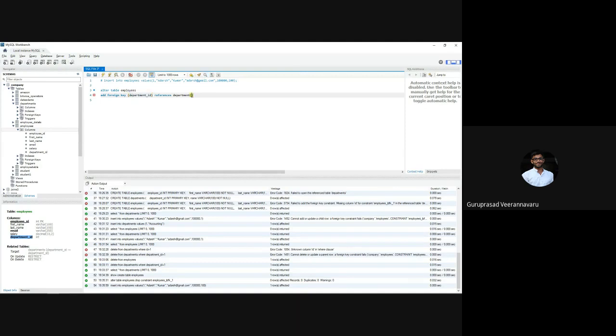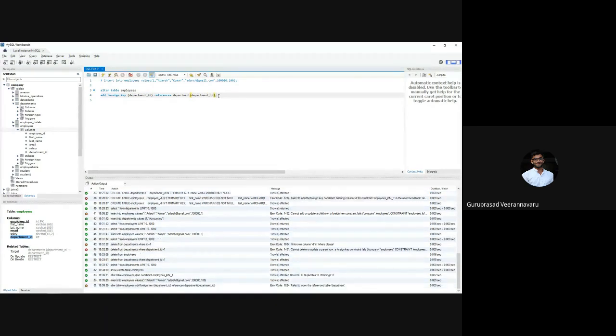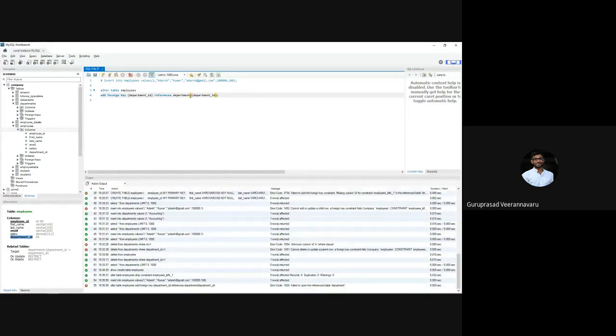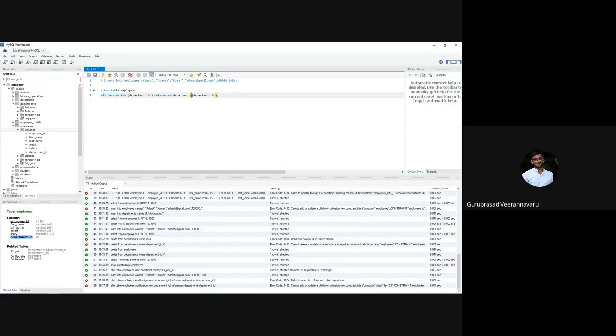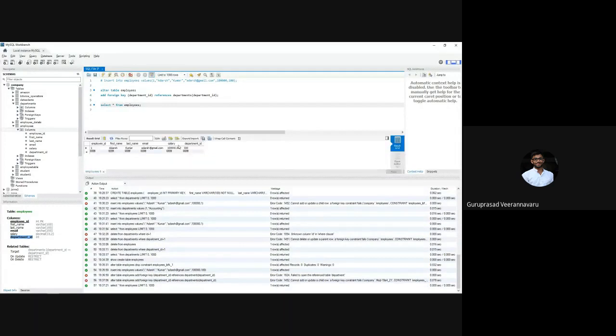So now if I do this, and if I do enter, it will fail initially. Why is it failing? Fail to open the department. Sorry, it is departments. Okay. So even with this, it will fail. Why will it fail? It will fail because there is no department with ID 100, right? If you look at the employees table, select star from employees. See, I've already inserted a guy with department ID 100, but there is no department ID